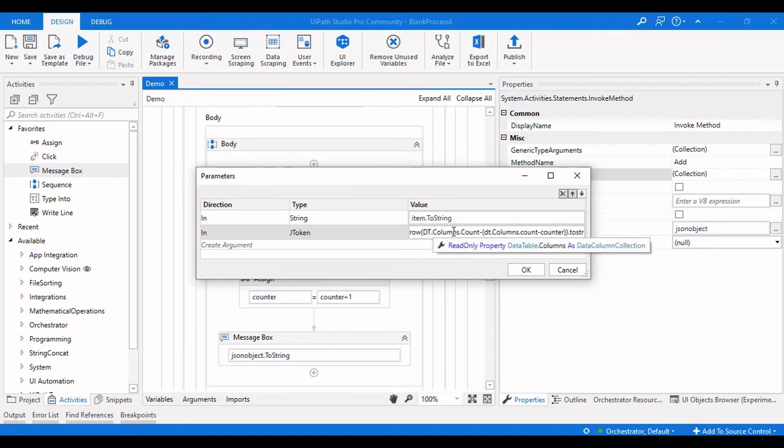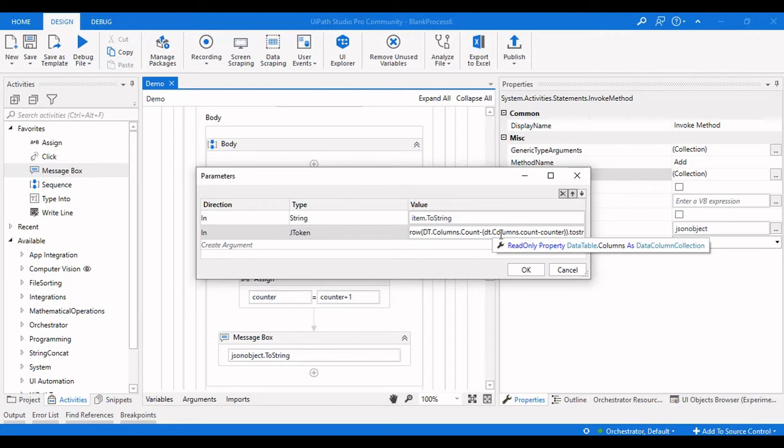Whenever the counter is 1, 2 minus 1 is 1, so it is row of 1. Whenever dt.columns.count is 2 and the counter is also 2, it is 2 minus 2, 0, right?